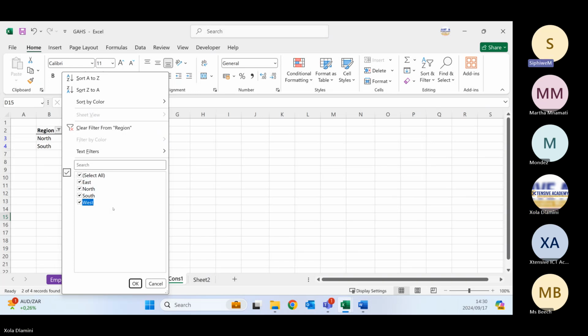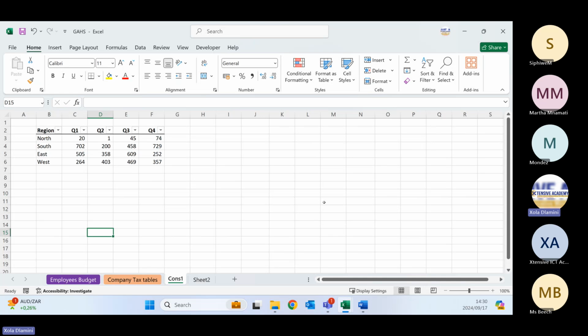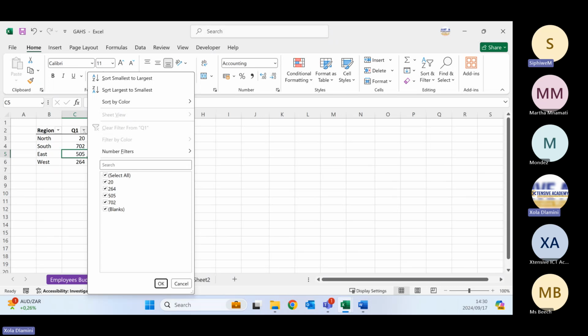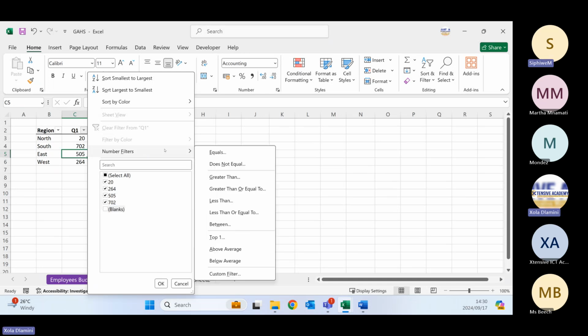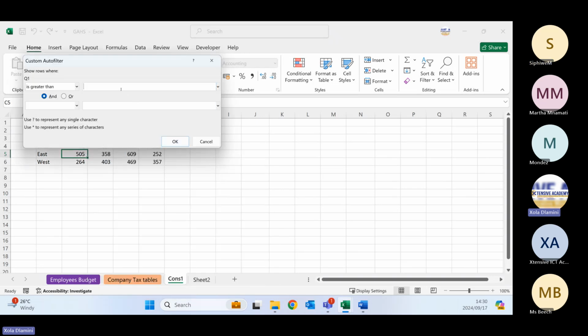I'm going to clear the filter on the region. Currently, there is no filter, right? I select my data. I select sort and filter. I choose filter. And on the filtering, what you will notice is it puts in these arrows next to my text. I can select what I want to see there. If they are blanks, I don't want to see them. Remove blanks, right? And then I can also look at something that is greater than a certain value. Is greater than,